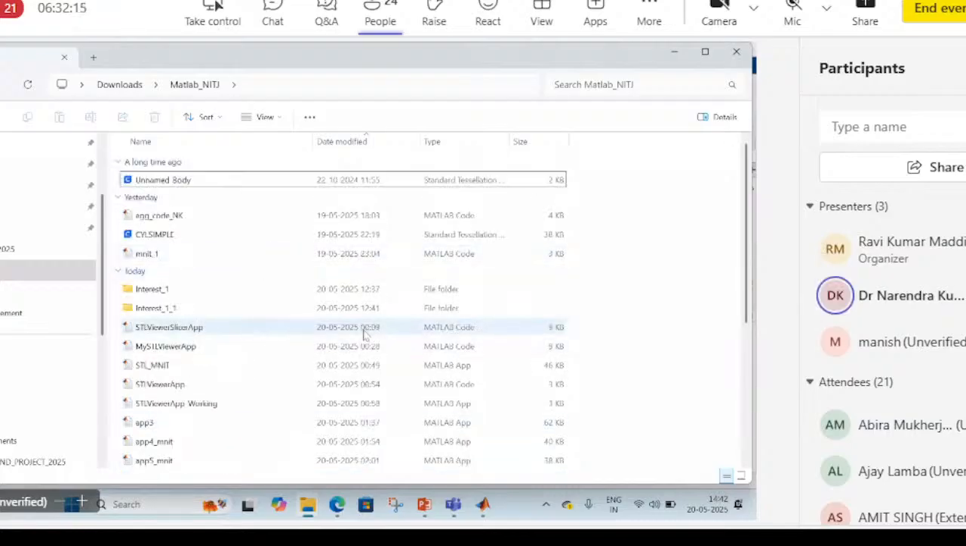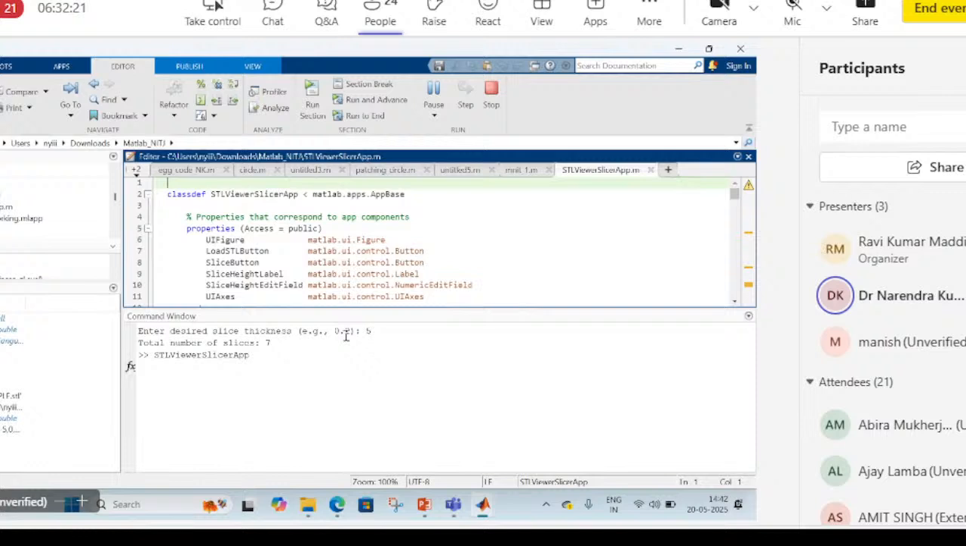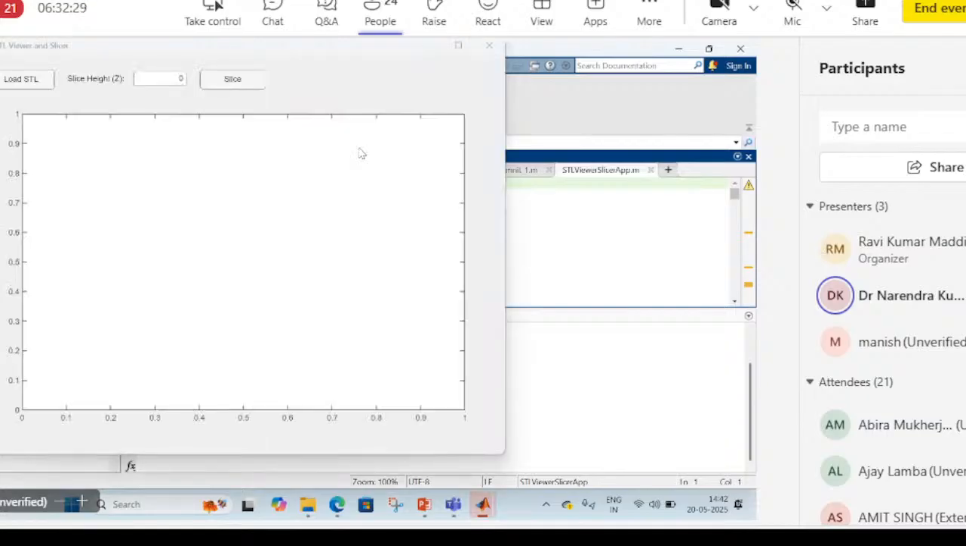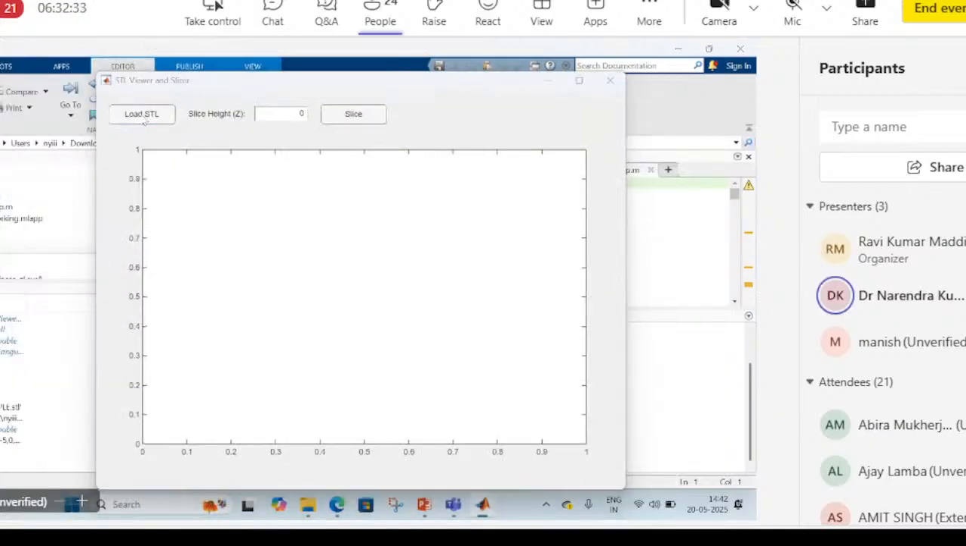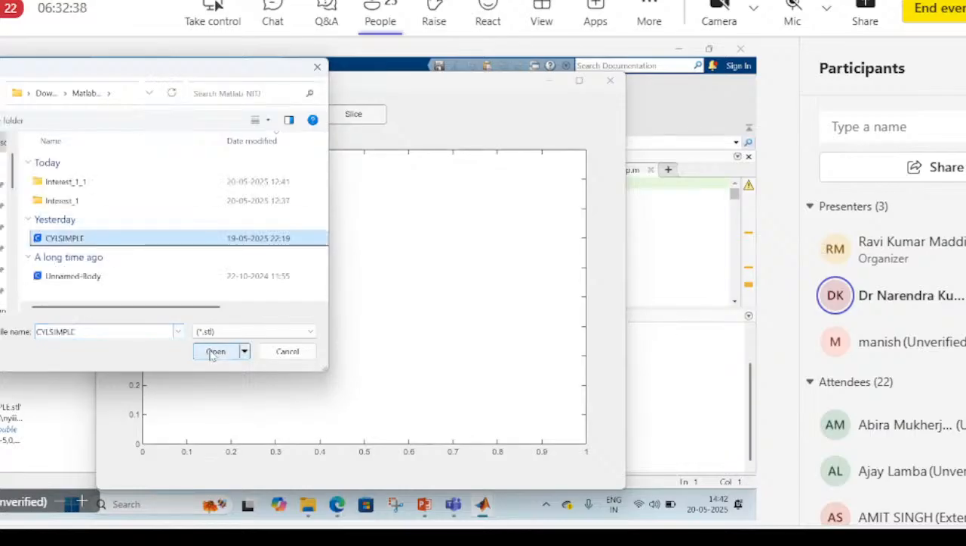This one, I think this is the code. Let me run it if it is working. Yes, it is working, right? So here with this code, what we can do, we can load the STL file simply,